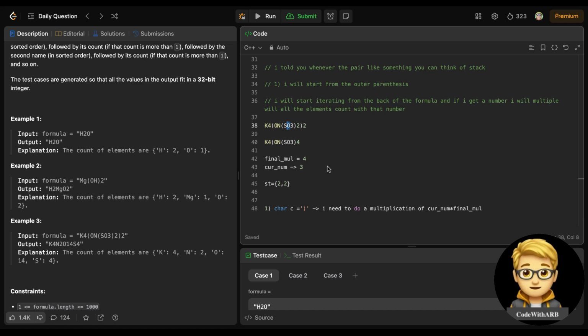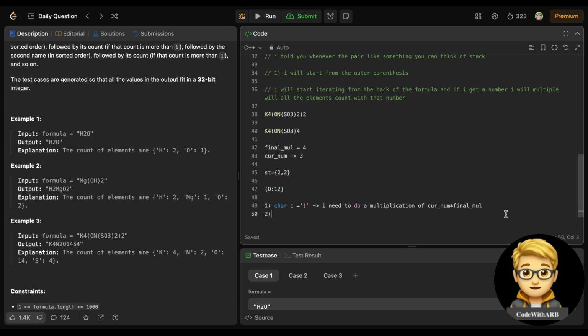That would be 12. So it means the element o has a count of 12, right? And this 4 is common for o and for s also, for both. So what we need to do, we need to store the o count as 4 times 3, the 12, right? Now see, the current number is 3, and